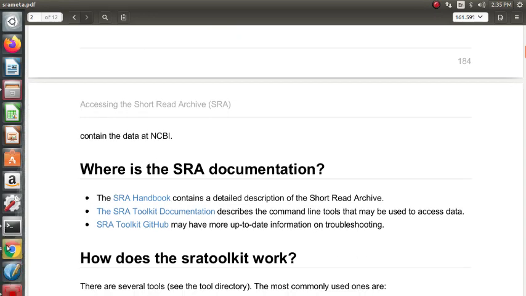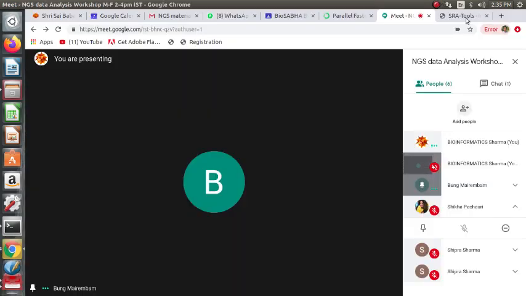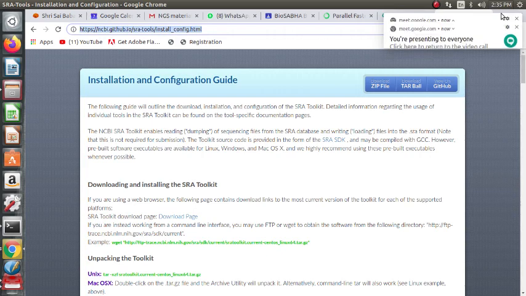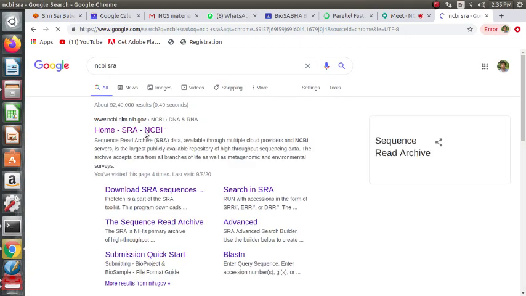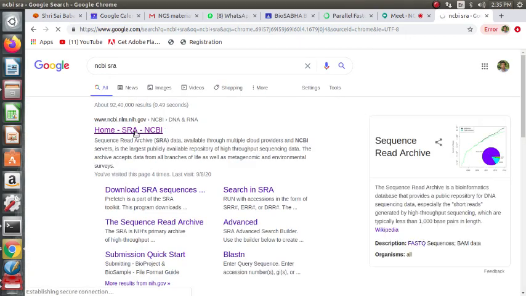Okay, so let us see them in brief, quickly, how SRA looks and how these two alternatives look. So NCBI SRA, yes. SRA is not quite directly intuitive.